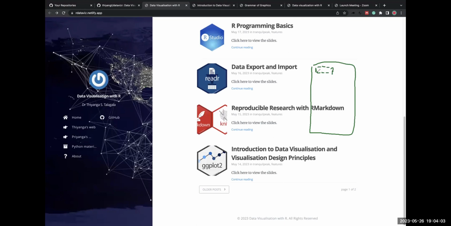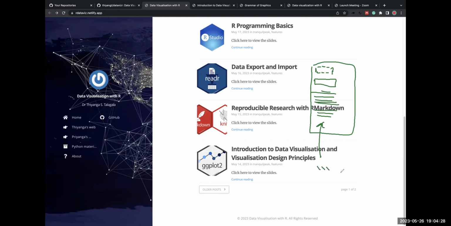And this controls the appearance of the document. And we also have some code chunks. After that, we start writing our code. If it's normal text, we write it just the way we do in Microsoft Word. And in R Markdown, if you need to include R code, what you do is you